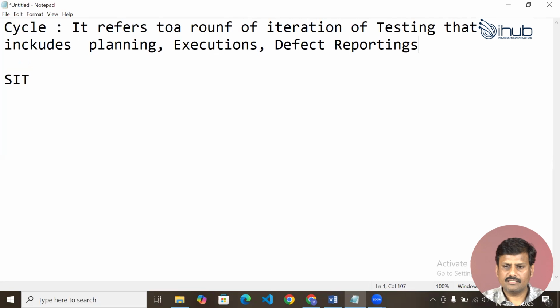These are the things done during that cycle of executions. So if anybody gets a test build and test environment and is asked to run the test cases, first you start with cycles.